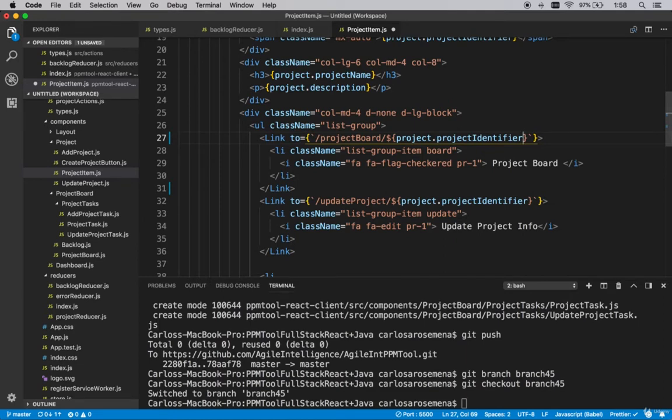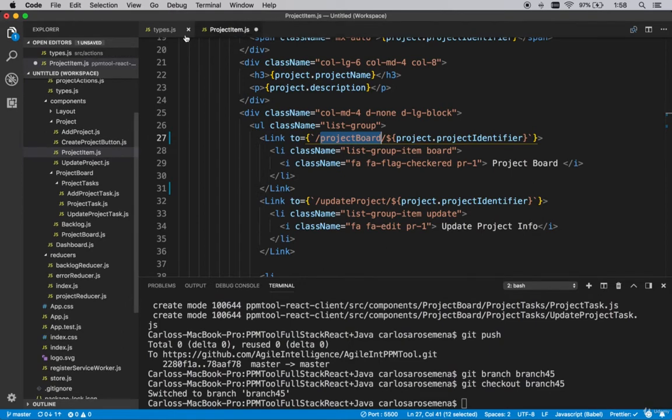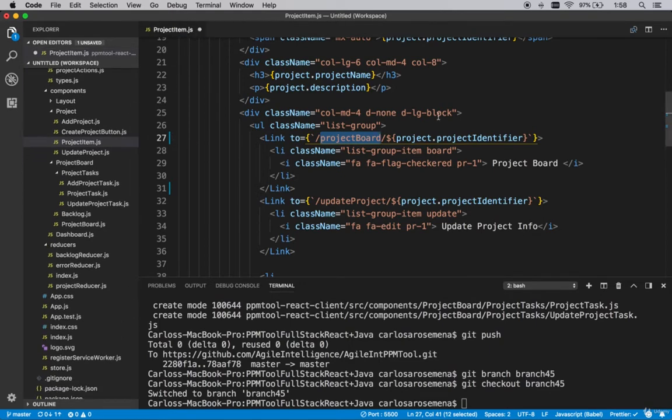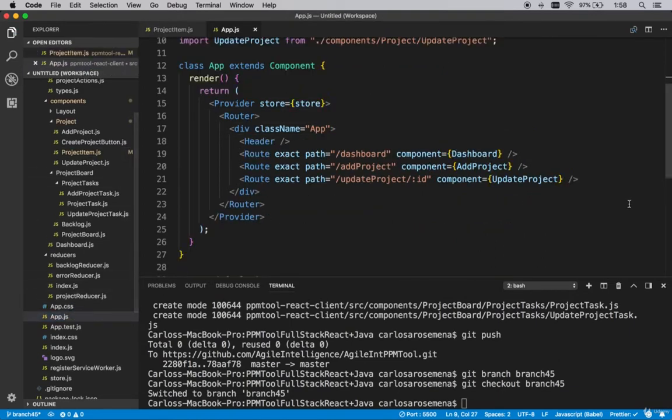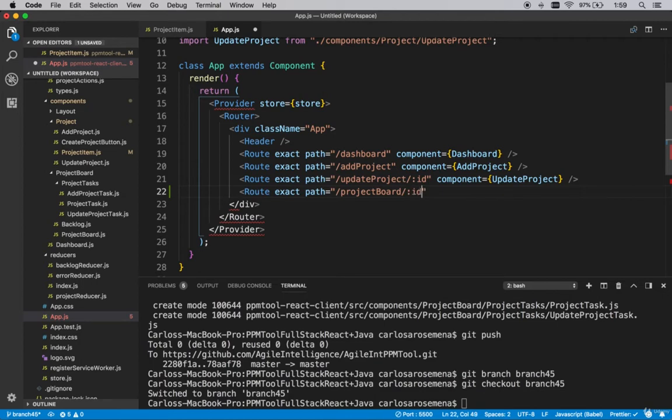Okay, so with this in place, I'm just going to copy this. I'm going to close out of some of these because we don't need these right now. I'm going to save my file here, and then go to app.js. In app.js, we're going to add another route, and I'm not going to copy paste that one because I have a copy paste right now in the memory, and it's going to be exact path, and then it's going to be project board, and it's going to take the parameter, which is the identifier, and this should load the component